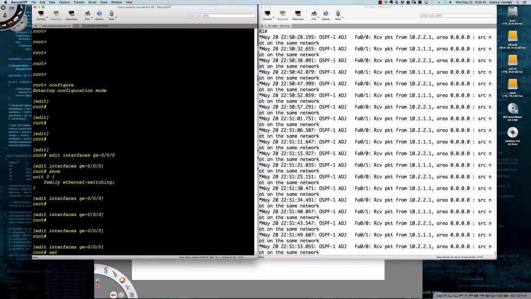Let's go ahead and type in set unit 0. The unit 0 just simply refers to the fact that this switch is not in a stack. So this is unit 0 because it's the only switch. It's not stacked together in a virtual chassis configuration where we would have additional switches. So it's unit 0, and then we're going to say family inet because we're going to do IPv4, and then address